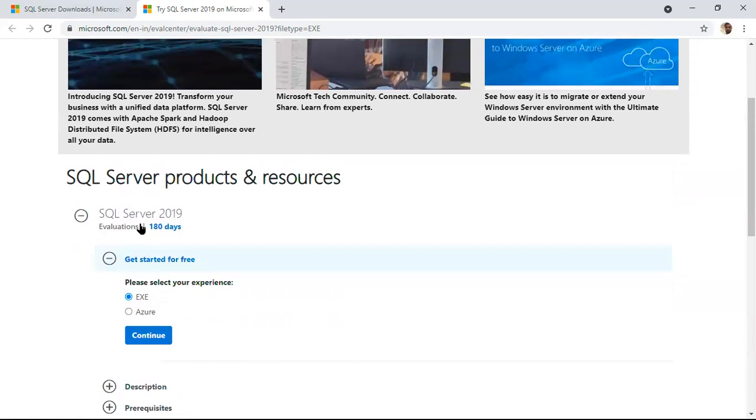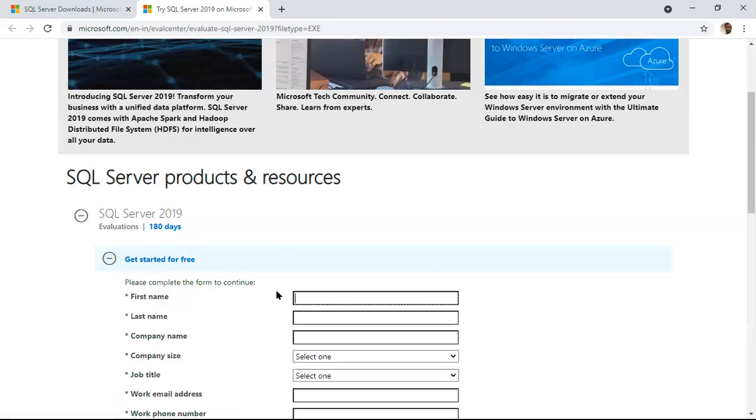Once again, remember, these are evaluation editions, which work for 180 days, six months, a free edition. It means we can practice all the features: log shipping, mirroring, Always On, replication, everything. Right, continue.